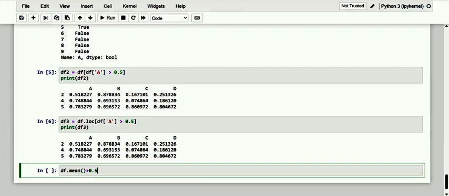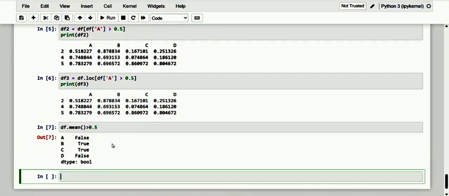Okay, so here kindly see, I want to make a Boolean. We want to select only those columns whose average of the values is greater than 0.5. And here I provided that 0.5 average. So see here, from the series returned as a result, we can see which columns meet this condition from the elements with the value true.